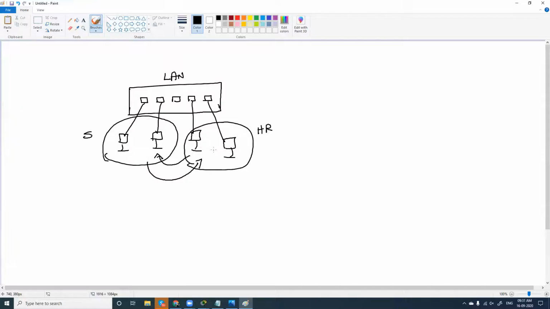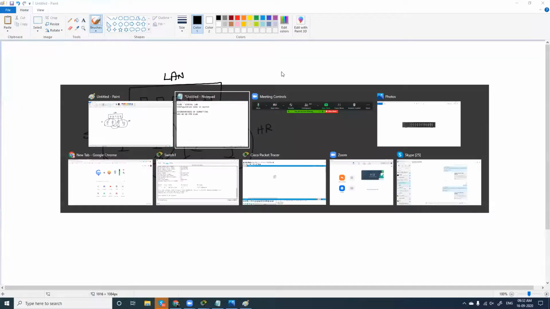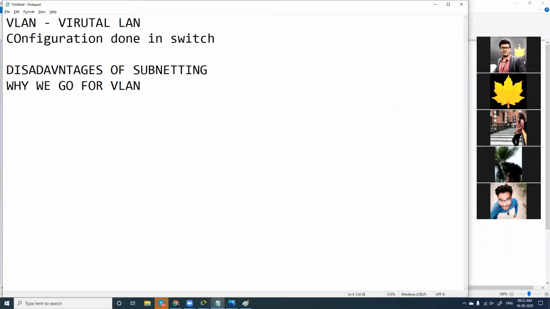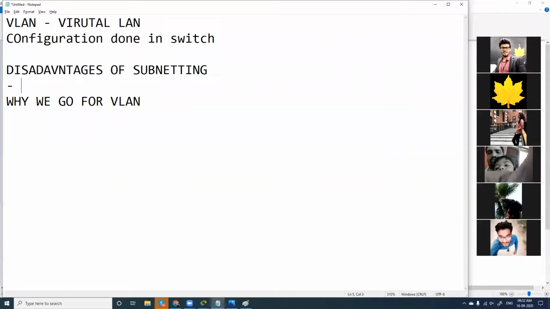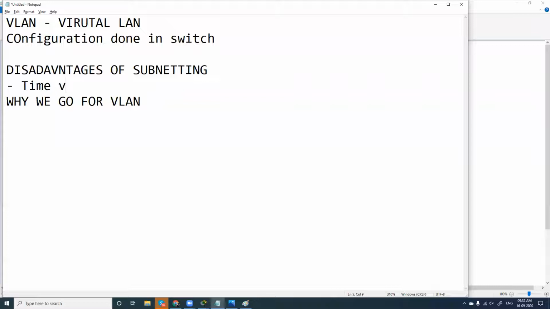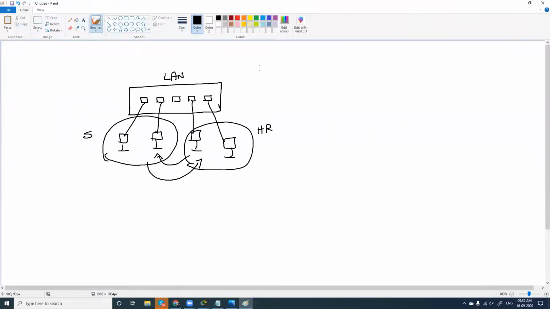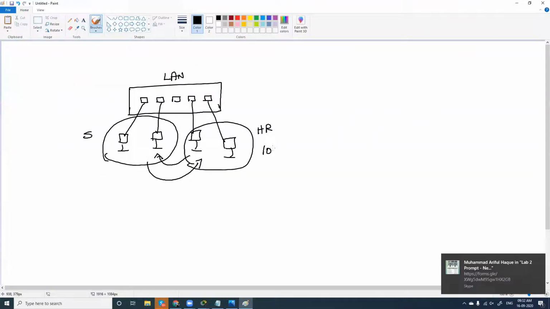Now, what can be the disadvantage of subnetting? The first disadvantage is it will be time consuming. Yes. Why is it time consuming? Because imagine you have 100 computers here. As a network admin, how will you configure subnetting?